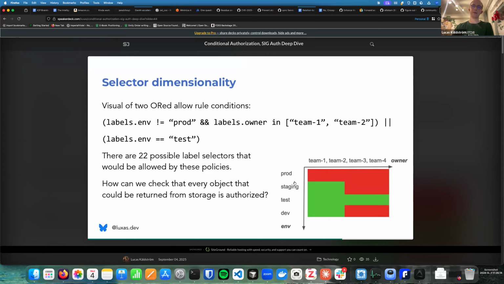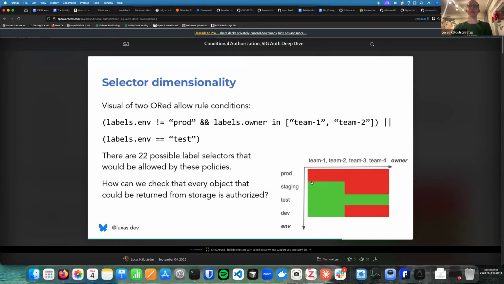And here are the values that the environment variable would take. If we see here, the label is not prod and the label is team 1 or team 2. So not prod all has to be red, but all other environment values are okay, as long as they're also team 1 or team 2.